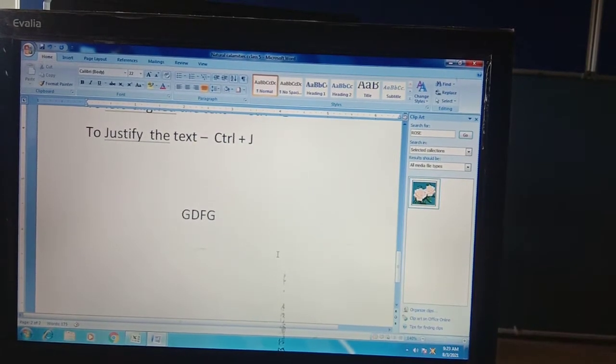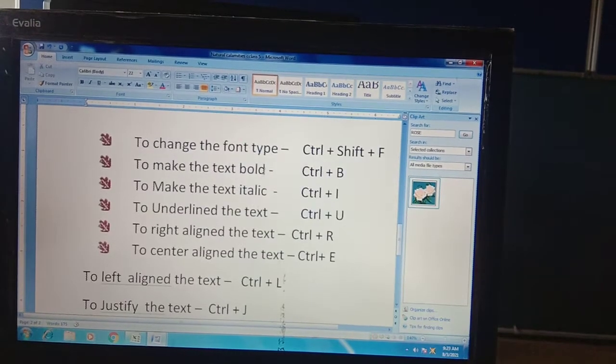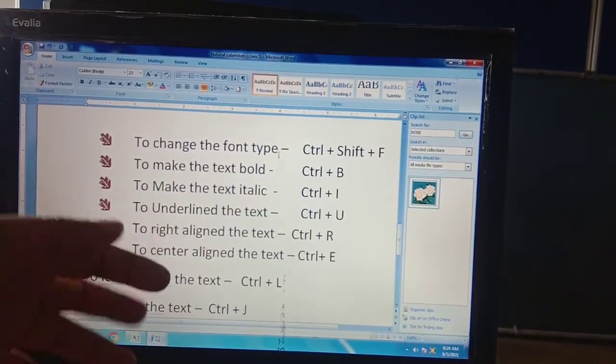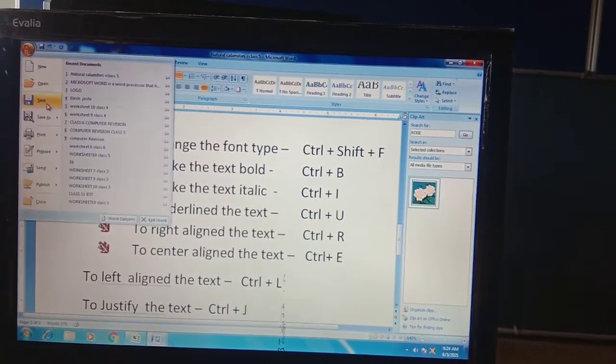So I hope how to change the tab settings is clear to everyone. It's very easy, and you can change the tab setting according to your use. Whenever you are writing some data in column form, this is helpful. In that way all the text will come in a tab, with the help of tab setting. Okay, clear to everyone?